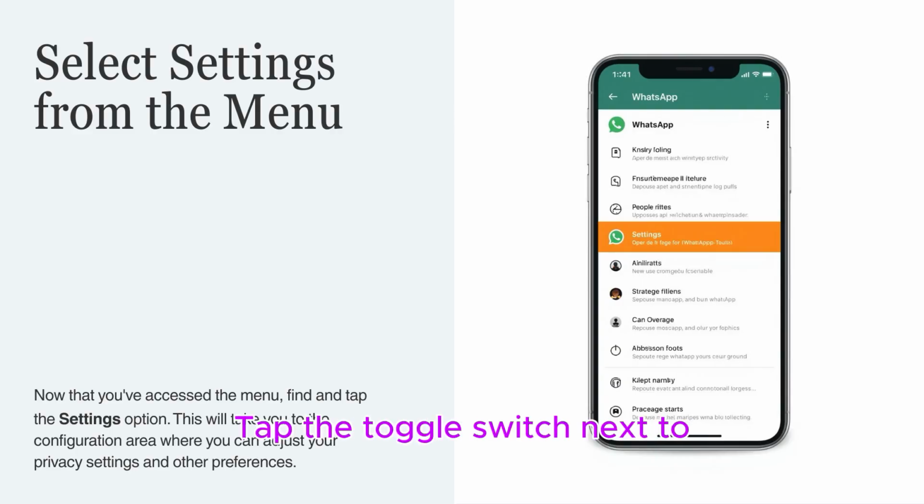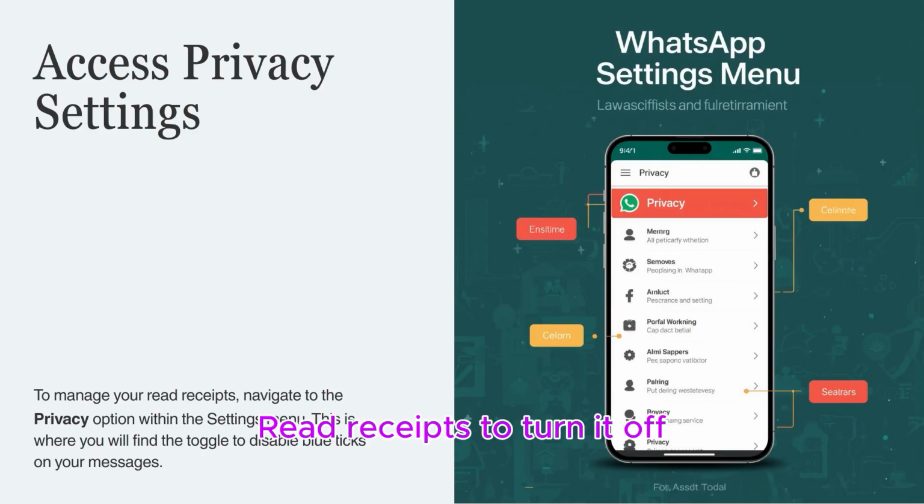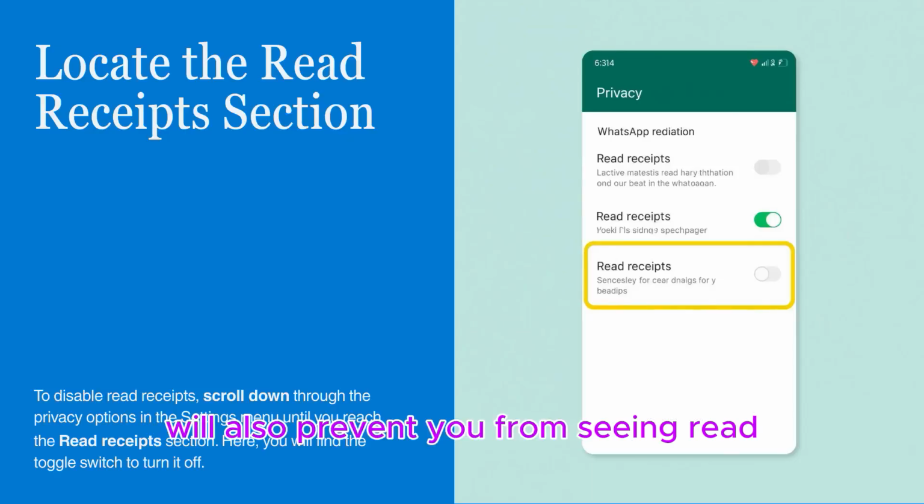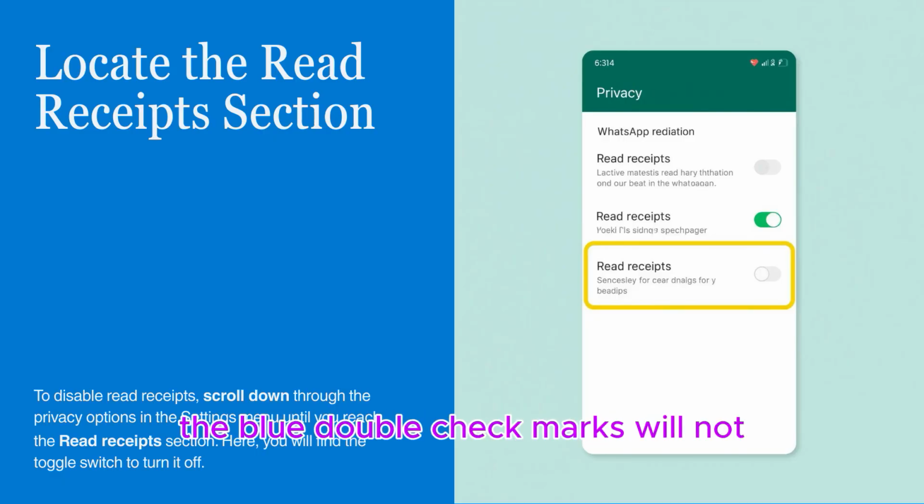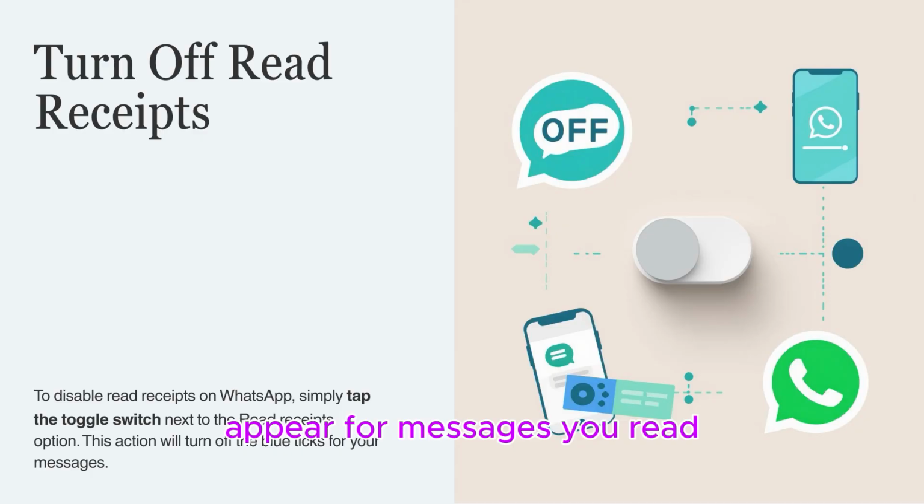Tap the toggle switch next to Read Receipts to turn it off. The switch will move to the left and turn gray. A message will appear explaining that turning this off will also prevent you from seeing read receipts from others. Tap OK to confirm. With this setting disabled, the blue double check marks will not appear for messages you read,